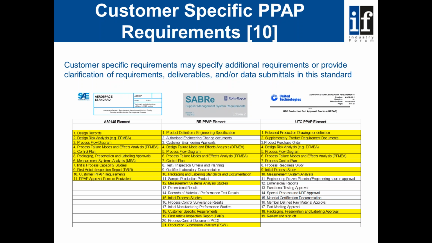And then on the right-hand side, we see the PPAP requirements for UTC. Again, we can see the 11 AS9145 requirements, and we can also see that UTC have additional requirements. So part of successful APQP and PPAP is having a good understanding of the customer's specific requirements over and above achieving the requirements of